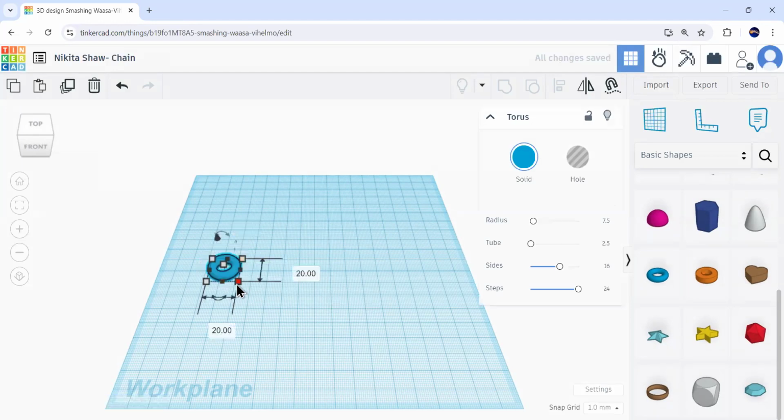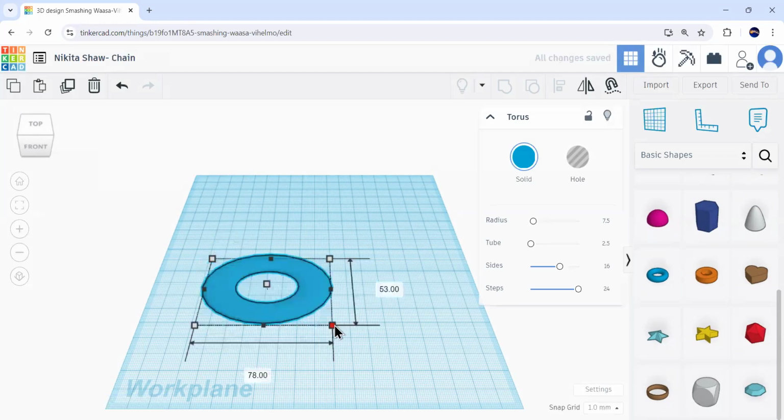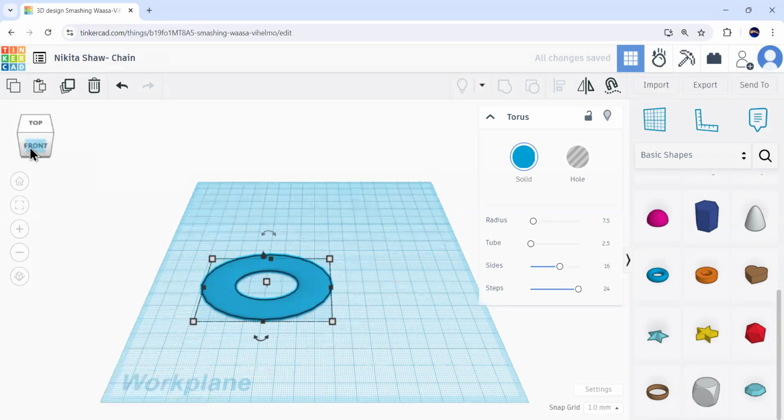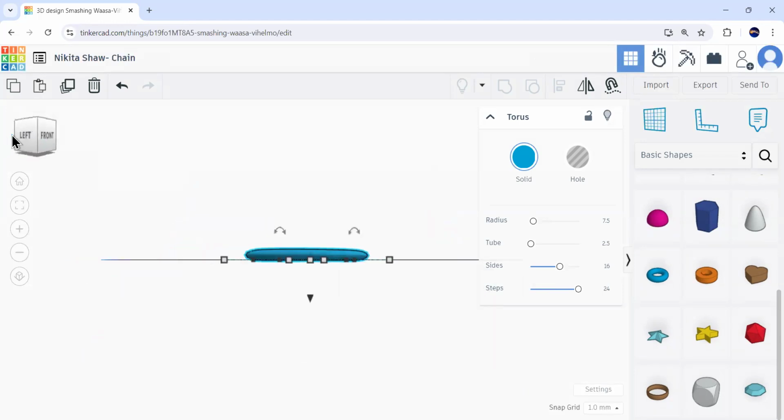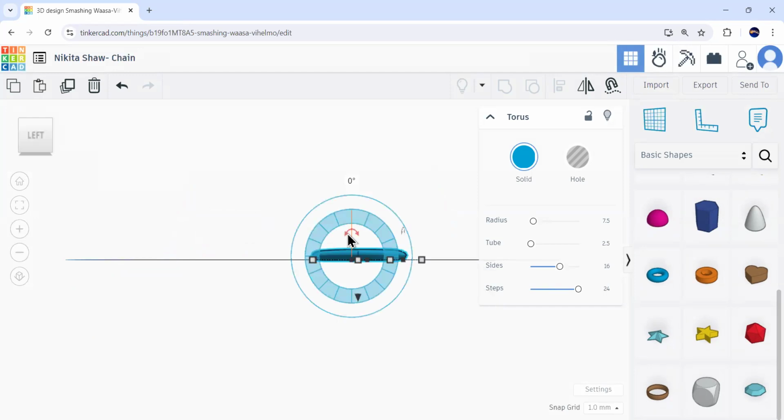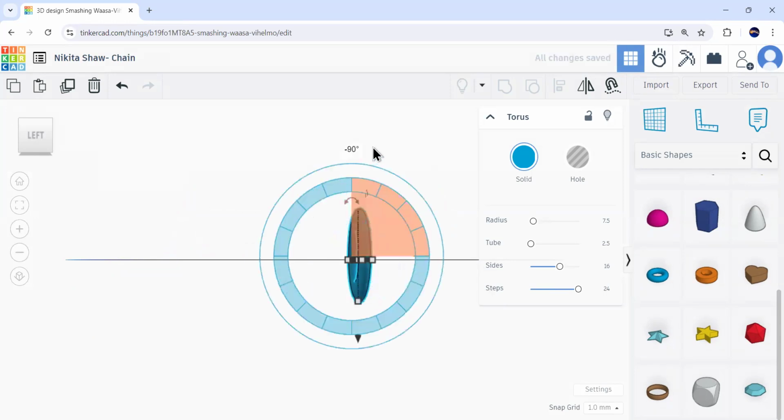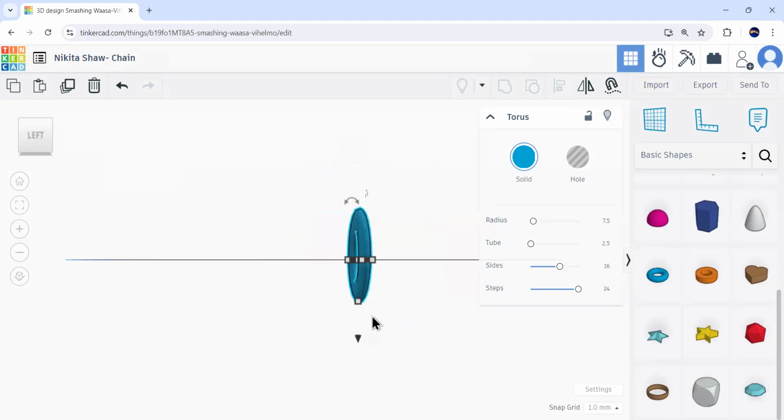Okay, so first thing we will stretch it out so that it is visible to our eye, and then we will go to the front view and then left view. We can see there is a double arrow over here which helps to change the angle, right? So we'll click on it and then drag it. Either you can drag it or change it from 0 degree to -90 degrees as per your preference. Okay. So now we can see it is lying below this line, this black line.